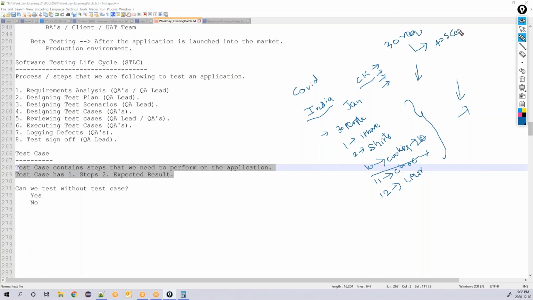If you prepare a checklist like this whenever you have time, you will not miss anything to be tested if that feature is actually available. Maybe out of 40 scenarios, 39 you tested successfully, but one scenario you couldn't test. Why? Because of the developer's mistake, he hasn't implemented that option there.